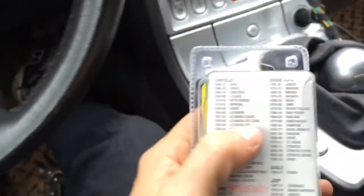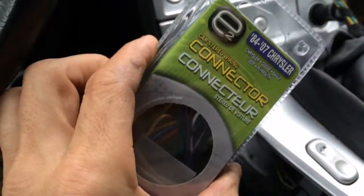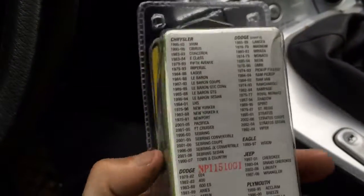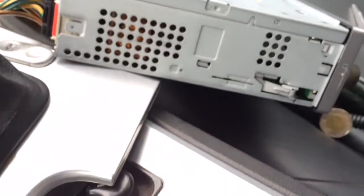I guess I've got to order one, because this one is for Chrysler, but I couldn't see Crossfire on it anywhere. But I thought I'd try it. But anyway, it's not working. So I'm just going to leave it loose, because that was a hell of a job to get that out. But now I'm going to put this on YouTube so somebody else can hopefully